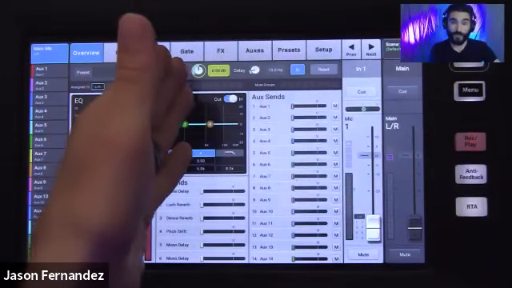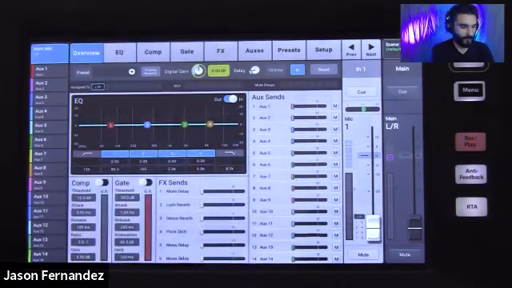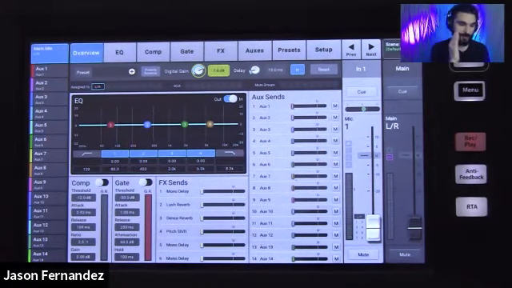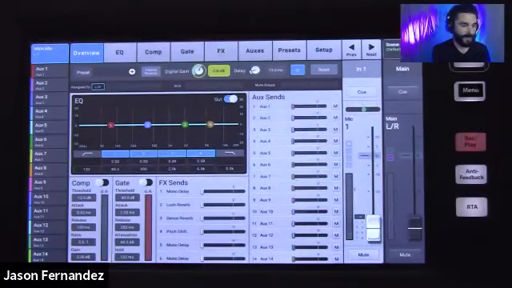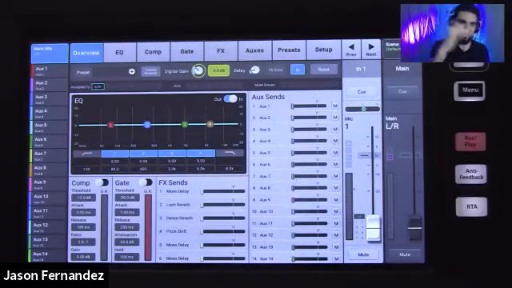From there, we're going to use the digital gain. If any channel at that noon position on my analog trim isn't strong enough, if I need more signal after that point, I can use my digital gain and increase that to get that channel up to where it needs to be. Inversely, if I set that trim to noon and it's too hot, I have too much signal coming in, I can take it down a little bit as long as there's no clipping. So the digital gain is not going to take you out of clip because it is a stage that is after the analog stage. So that is something to be aware of. But if you feel like you want to take the level down a little bit, you do have that option to do so.